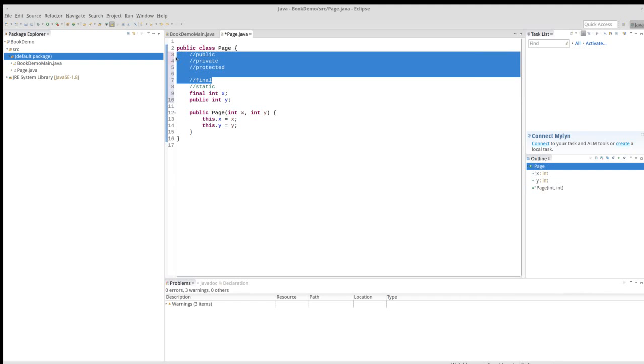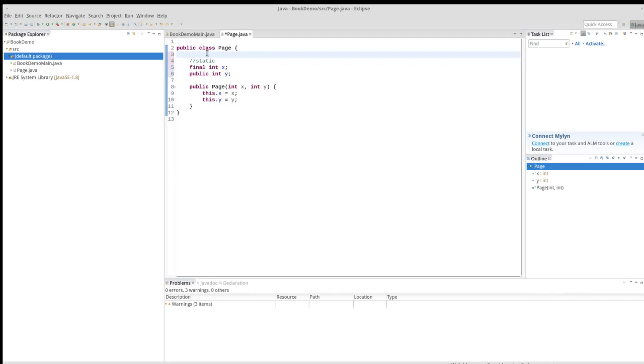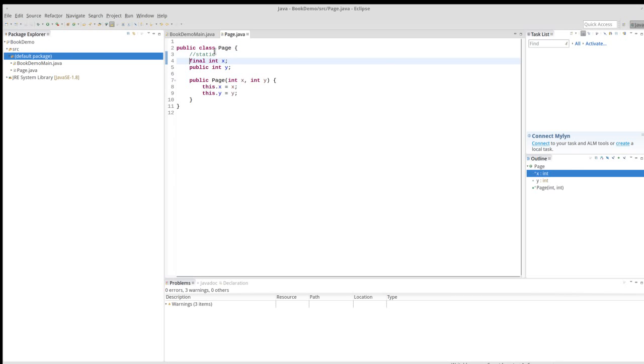So that's public, private, protected, and final. Now static. Static means it's a method that is not instantiable. It does not come with the object. So what do I mean by that? If I make this guy static right here,